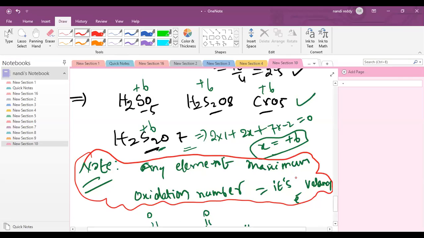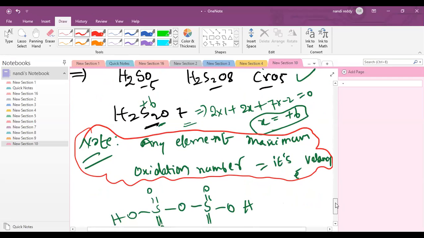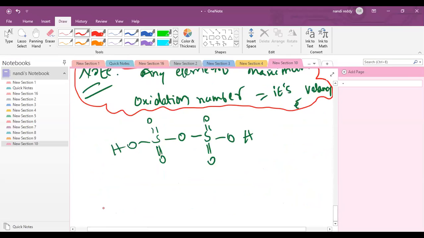To identify the oxidizing agent and reducing agent and to do those types of questions, you have to know oxidation number very clearly. The one with the highest oxidation number always shows oxidizing character, and the one with the lowest oxidation number always shows reducing character. So first you have to know which element has the minimum and which has the highest oxidation number. We can get that from the given rules, and you also have to remember the periodic table.